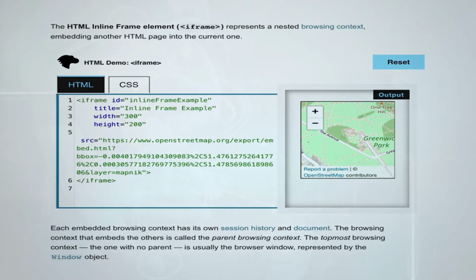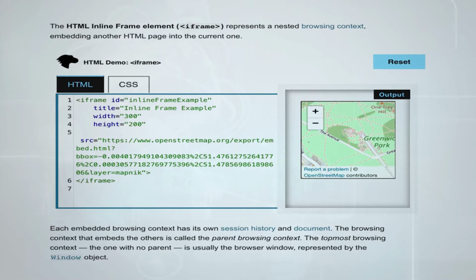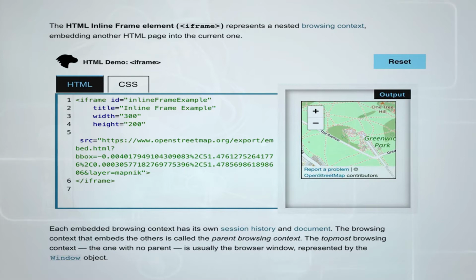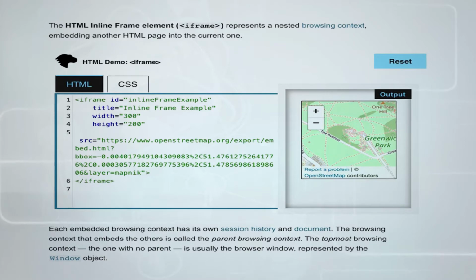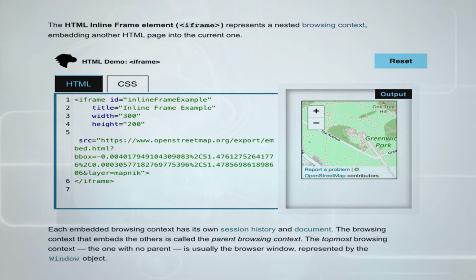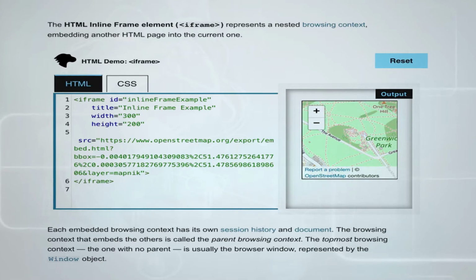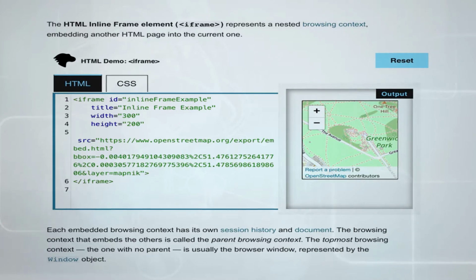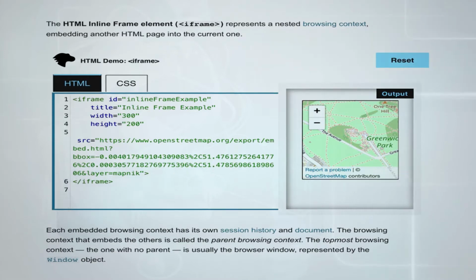https://www.openstreetmap.org/export/embed.html, and then we have the vbox and then a closing iframe tag. So the source website is already given as https://www.openstreetmap.org/export/embed.html. This is the web page that will be displayed in the frame, but that web page may be occupying the full screen of the PC. Once it is shown in the frame, it will be zoomed to the area defined by the height and width attributes, which are 200 and 300.